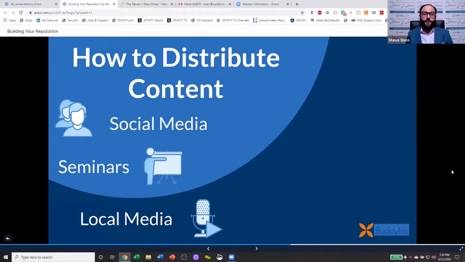Social media is critical. Today, cell phones are the new TVs, right? Think about how you view content. Likely it's not on your TV, it's not on your computer, it's on your cell phone. And so being mobile friendly, let's go back to the website for a moment, making sure that your website is mobile friendly. Look at it on an iPad, look at it on an iPhone, make sure that it's easy to view. Regarding social media, LinkedIn, I think, is our number one platform.